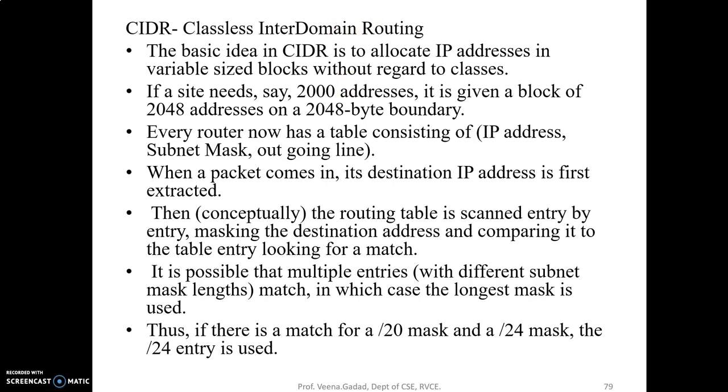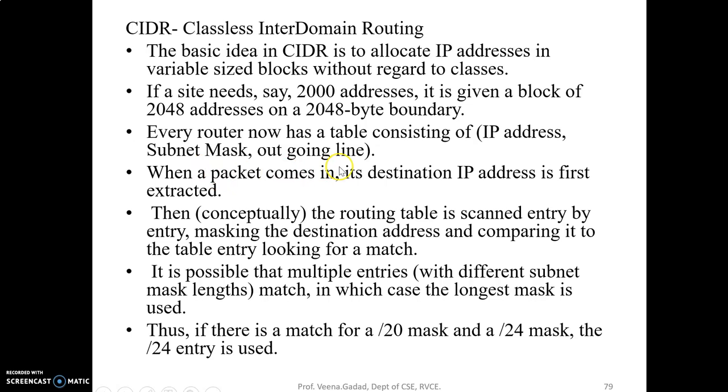Now we'll see a small example. If a site says it needs 2000 addresses and it has been given a block of 2048 addresses on a 2048 byte boundary, every router has a table consisting of IP address, subnet mask, and outgoing line. This is what every router has. Now why the subnet mask? Because this will give the router the information whether the destination is within its own network, or it is in some other network to which it has to be forwarded